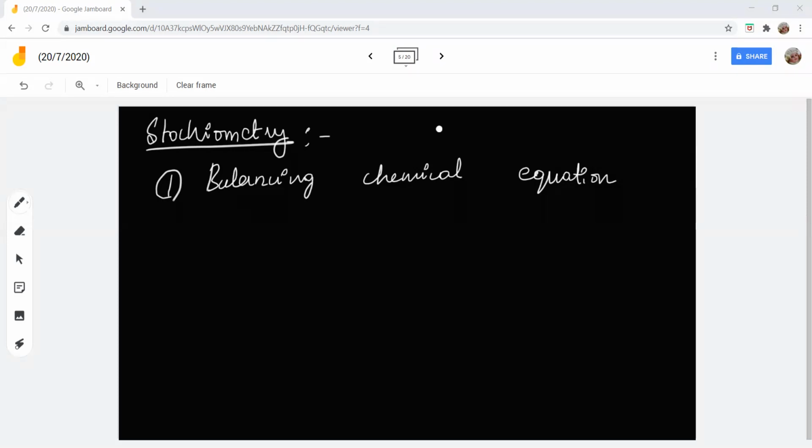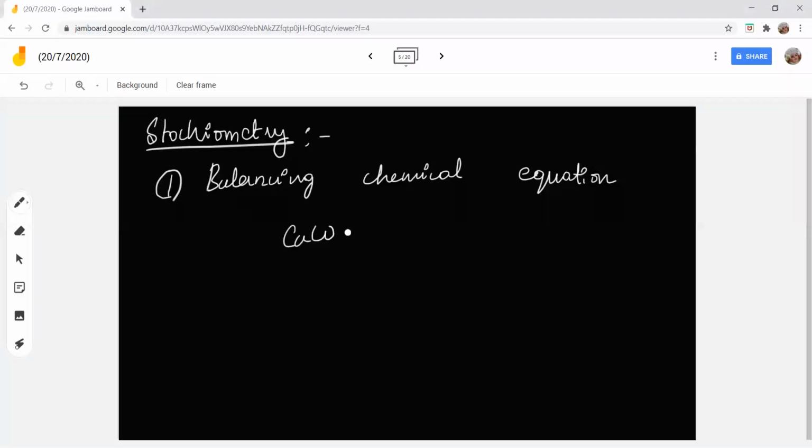So stoichiometry involves estimation of the masses or volumes of different compounds that react with each other or are formed as products as a result of chemical action. It's given in your book, I'm just reading it. Basically, in a stoichiometric, balanced chemical equation, a lot of things you will understand.